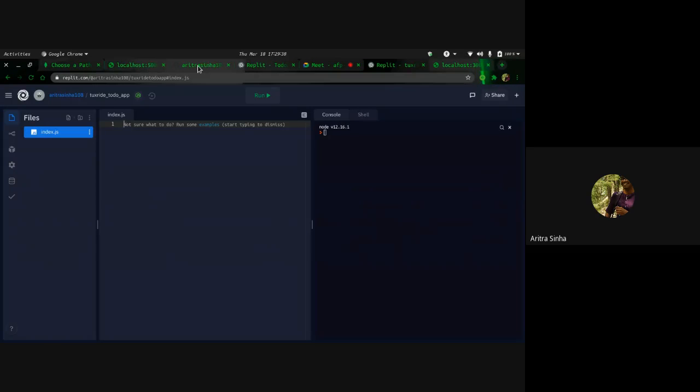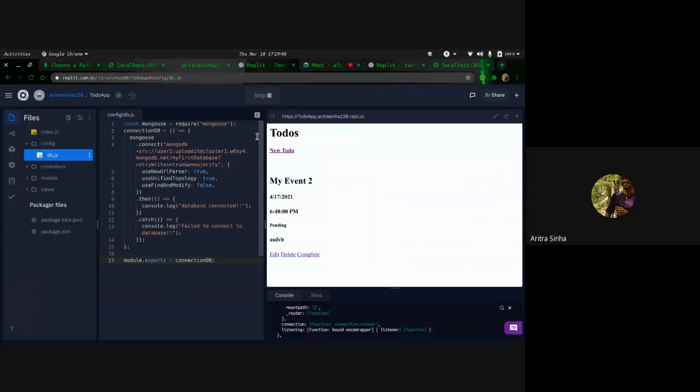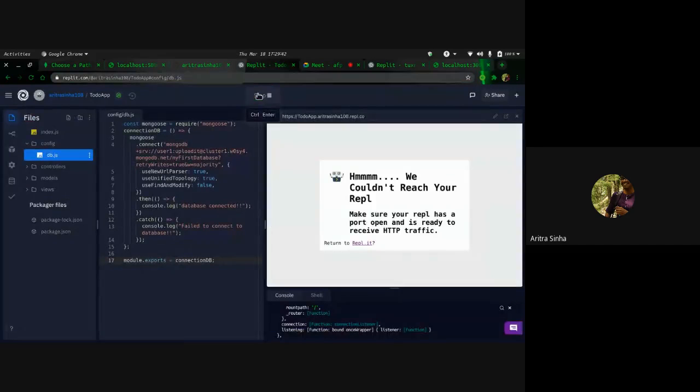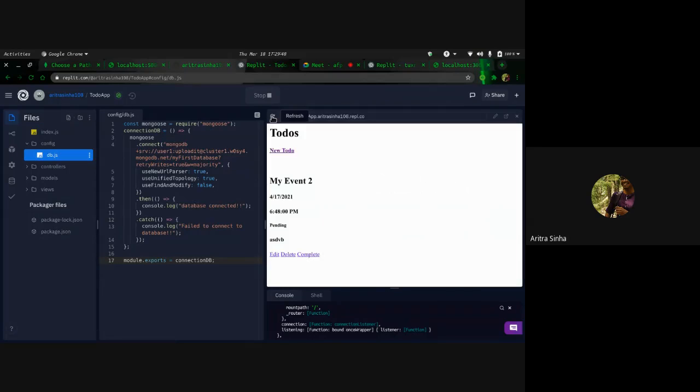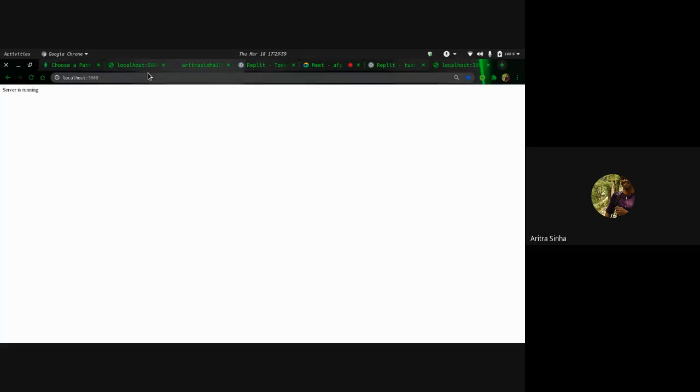Now if you want to do the same thing on REPL, you just have to go here and press the run button, and this kind of page will show up for you, and you just have to refresh. So this is a complete application as of now. We haven't reached this stage right now, so it will be basic, like it'll just print what we got right here.